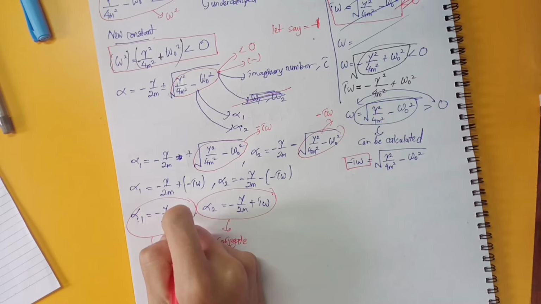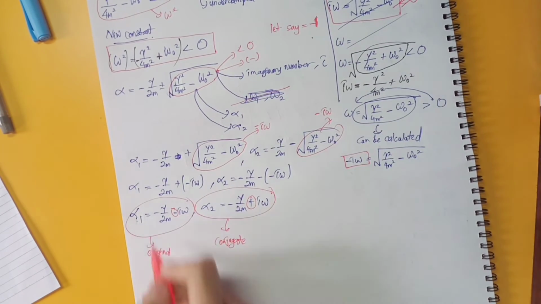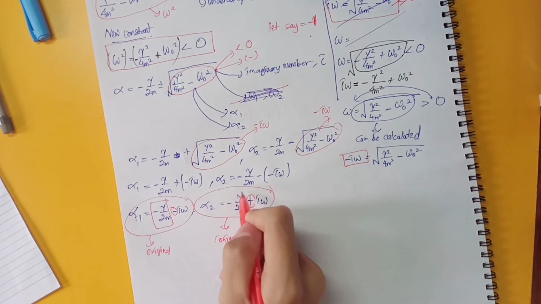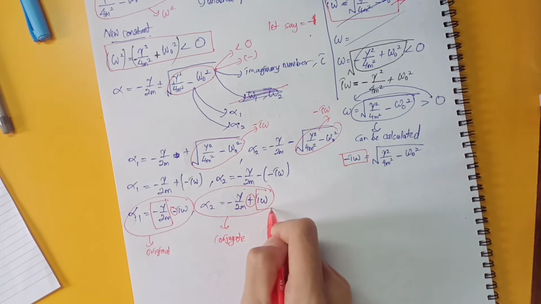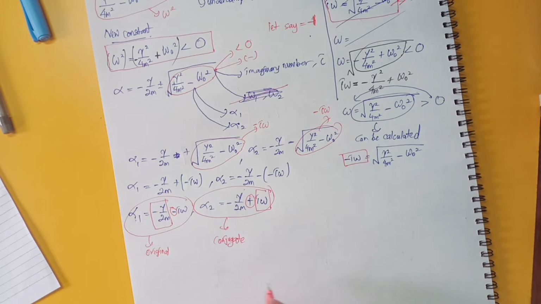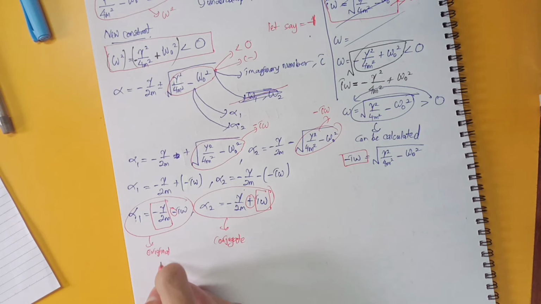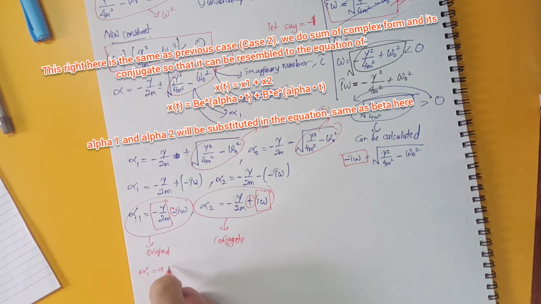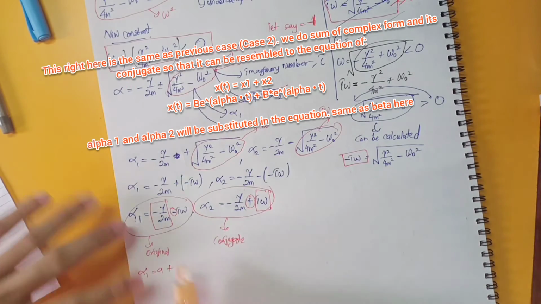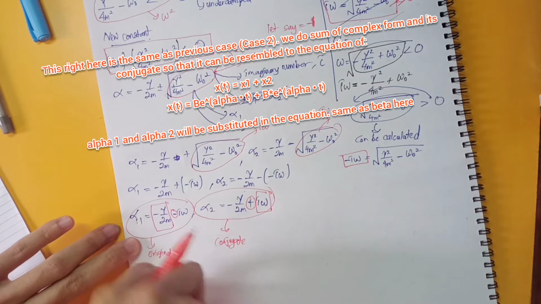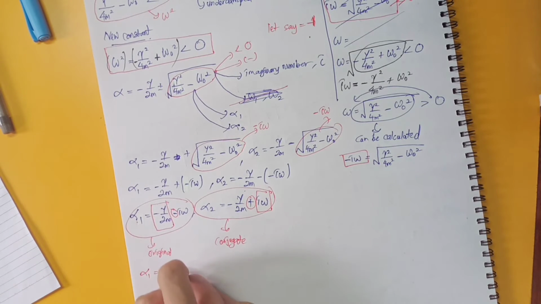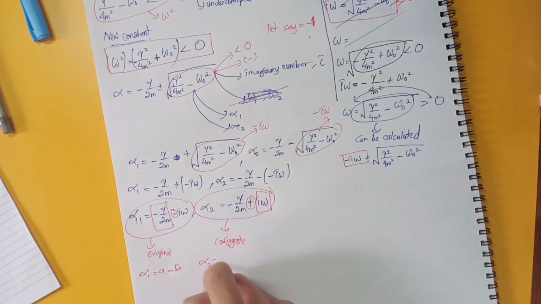Because of this minus and plus. It has the same form as the first one, and we have a different form at the second one. So here it is represented as alpha 1 equal to a plus, sorry, not plus, this is negative, right? So negative bi,